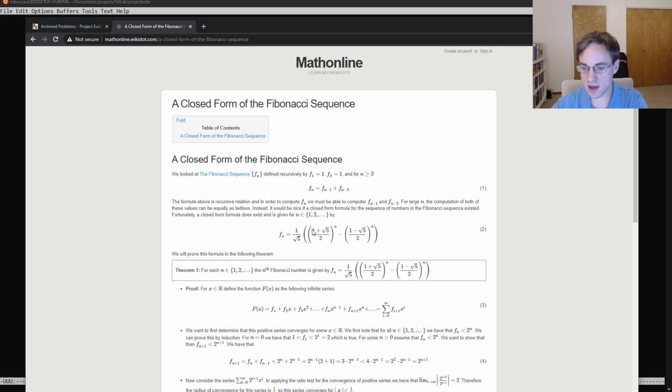You might recognize this term here as the golden ratio, or phi, and this term over here on the right as 1 minus phi. This expression can look a little bit intimidating, but if you just think of that as the golden ratio and 1 minus the golden ratio,